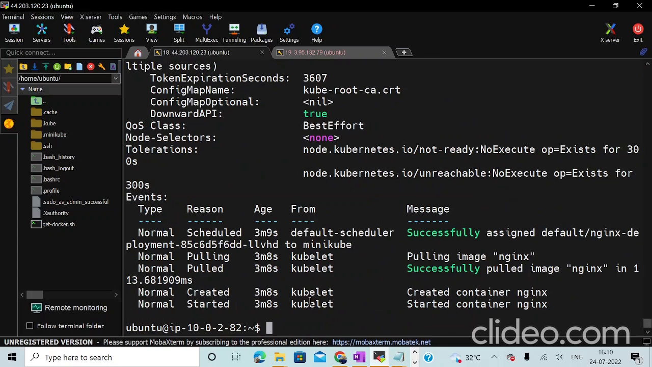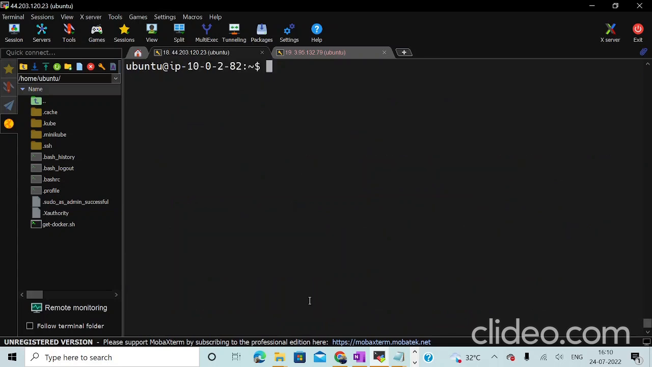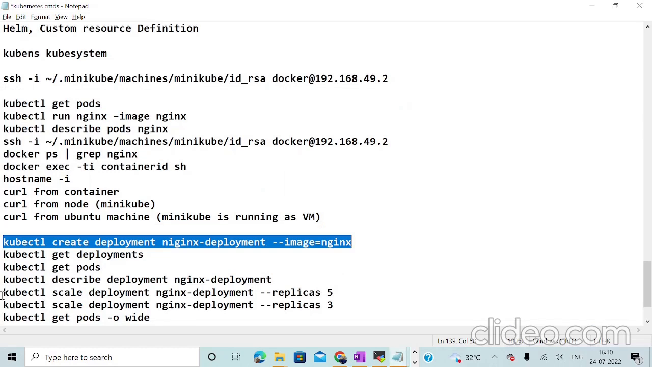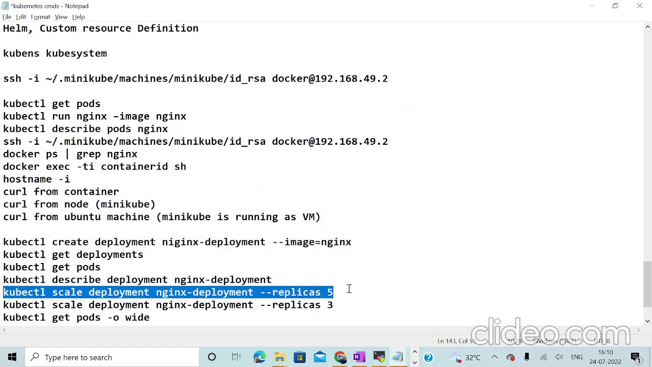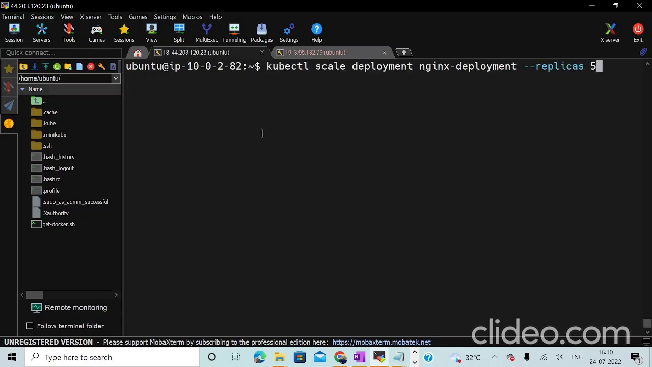So before I clear my screen, now I will try to show you how we can really scale the deployment. So let me copy this particular command. Let's try to scale our current deployment. So you can see that now kubectl